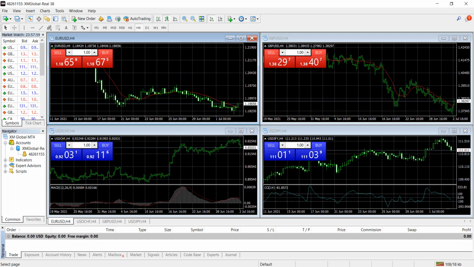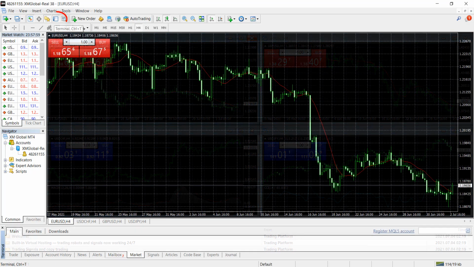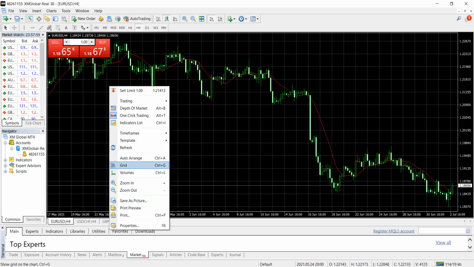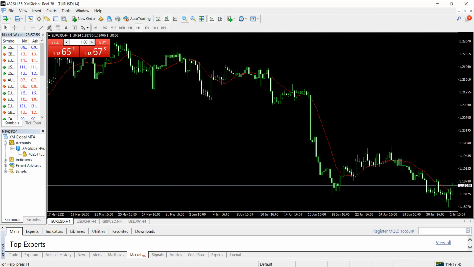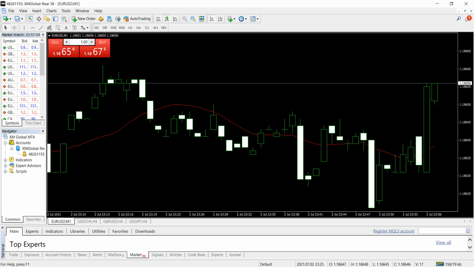Complete. Here you can check the tab options: alerts, incoming mail, mailbox, and the down bar you can hide. Also you can enable it by clicking this option. From here you just click this option. From here, this is the live market position. From here you can choose the candlestick. Then from here, this option, you can select, just select.